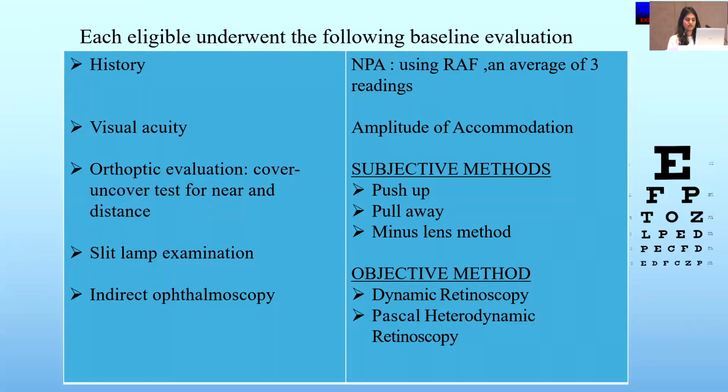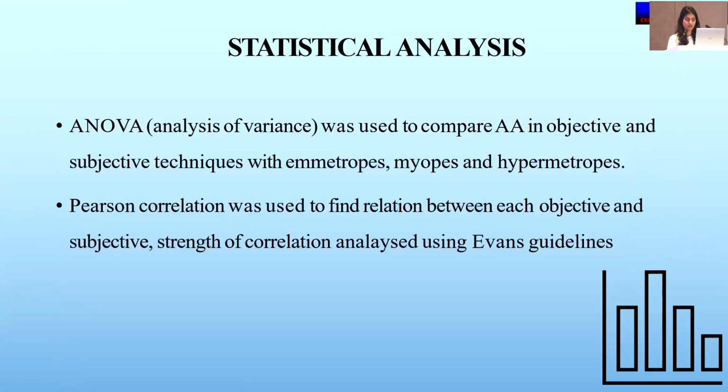Orthoptic evaluation like cover uncover test for near and far distance was done. Slit lamp examination and indirect ophthalmoscopy were done. Near point of accommodation using the RAF ruler, with an average of 3 readings, was taken. Amplitude of accommodation for the subjective methods like push-up, pull-away, and minus lens methods, and objective methods like dynamic retinoscopy and Pascal heterodynamic retinoscopy was done. Statistical analysis was done using ANOVA to compare amplitude of accommodation in objective and subjective techniques